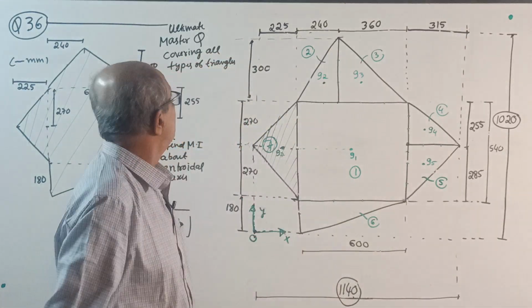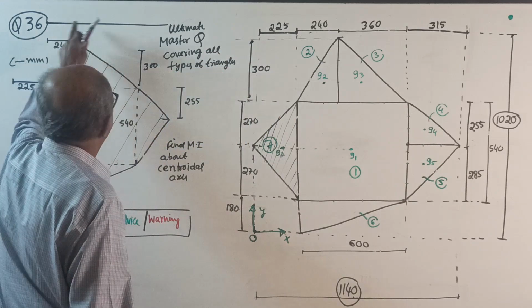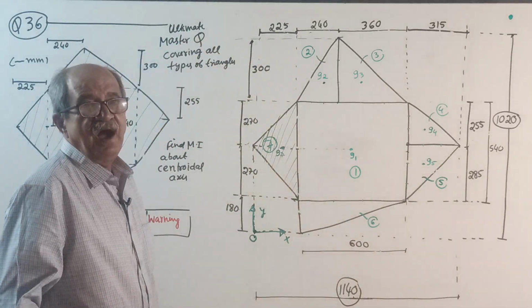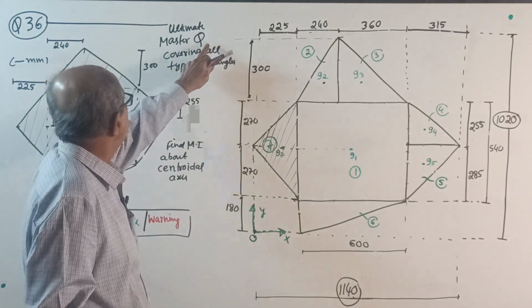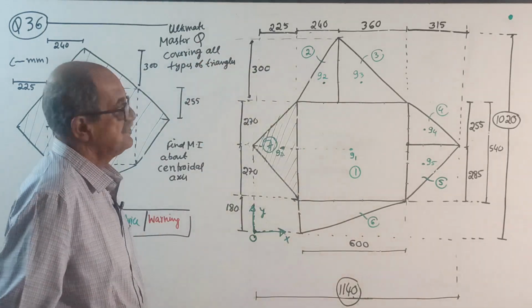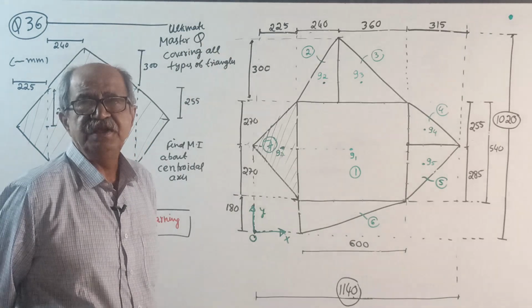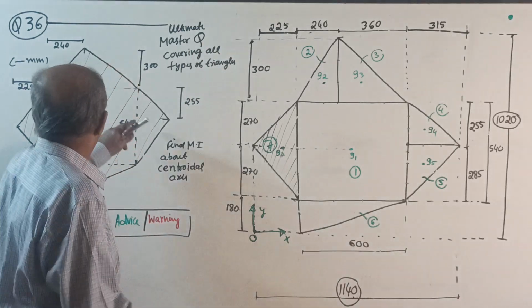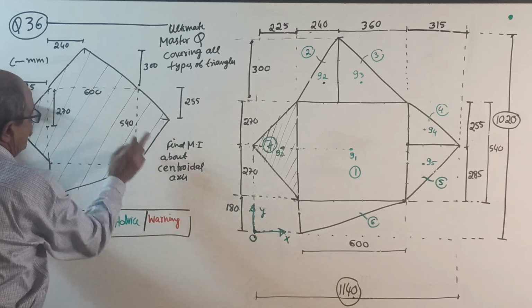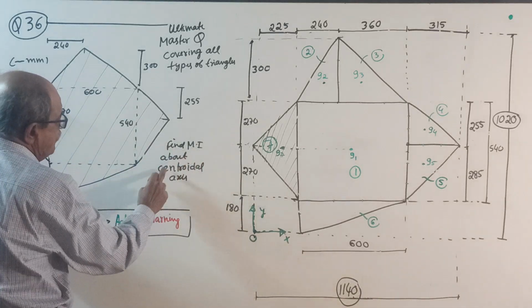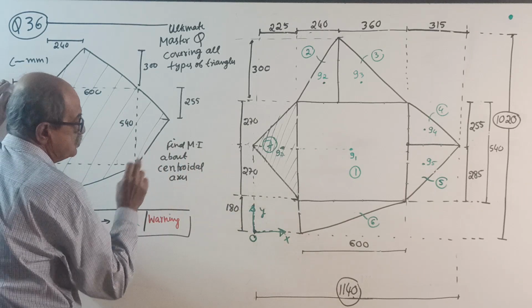Welcome. Today's is question 36. I will call it the ultimate master question covering all types of triangles. All triangles in one class. See, this is the given question: find the moment of inertia about the centroidal axes,